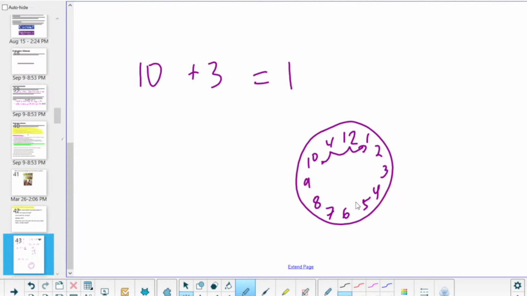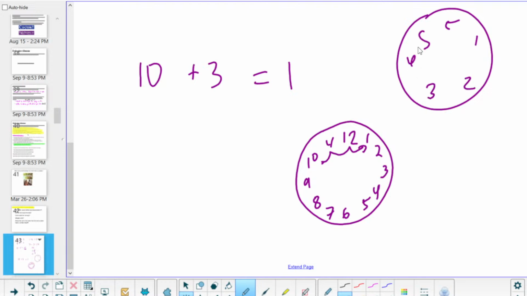Pardon? What about for the rest of the numbers? What other numbers? There are none. In this math, you can make a clock. Could you make a clock that just goes up to like 5 and you would just have 1, 2, 3, 4? Yeah. But there's an infinite amount of numbers, so you wouldn't be able to have a round clock because it just keeps going.